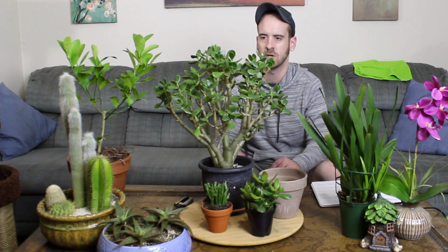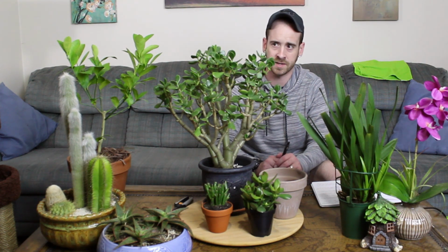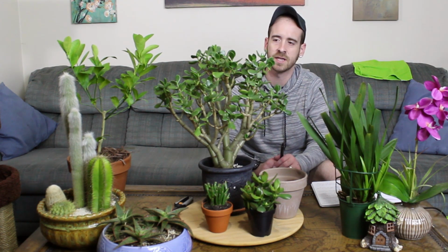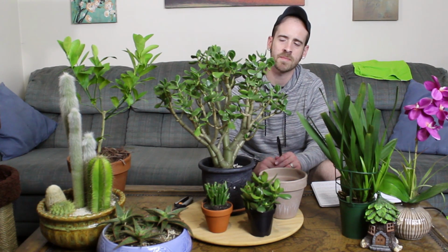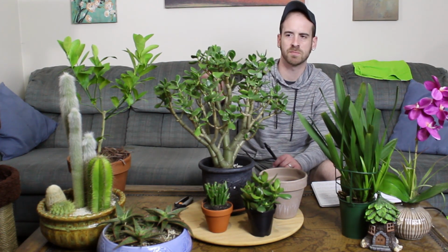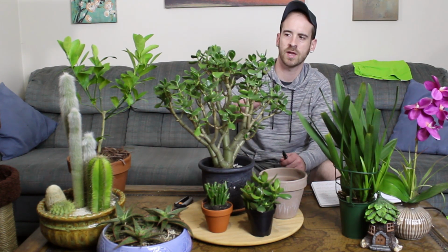on these guys too. You'll kind of just look through with a different light source and make sure that you can't see any silk-like filaments in between the leaves, because that might be indicative of spider mites. And like I say, it's one of the hardest pests to actually remove, but it's also one of the easiest at the same time. With the spider mites, you can take them out back and hose them off with a water hose, or just throw it in your bathtub and use your detachable shower head to kind of hose it